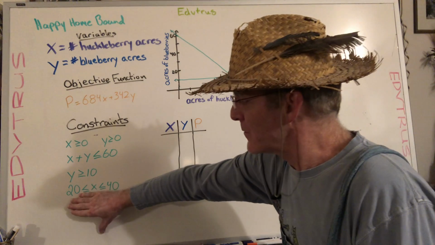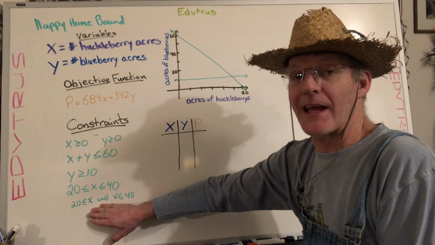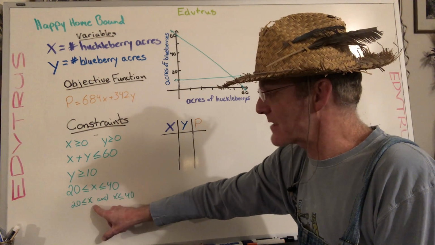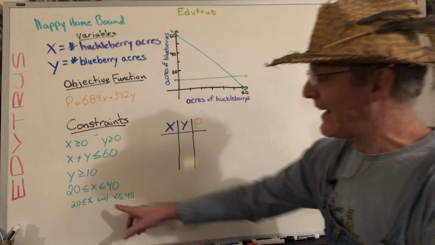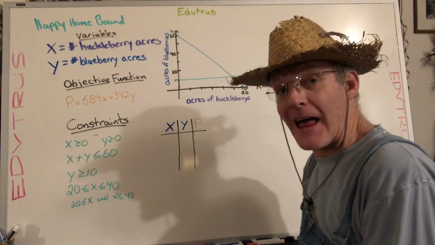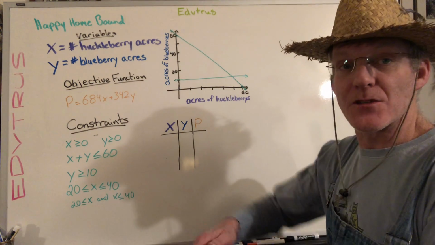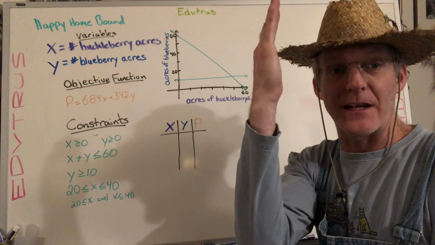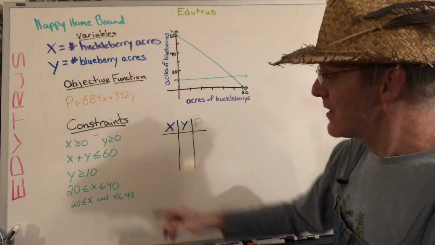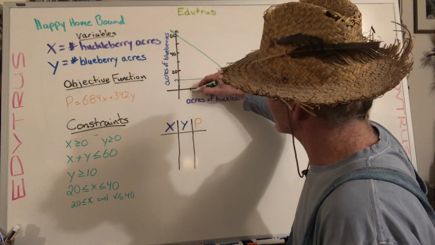Now here, remember, that's a compound inequality, and we can break that apart into an "and" statement. So we can realize that X is greater than or equal to 20, and X is less than or equal to 40. Now remember, when graphing X equals, we can't define that as Y equals mx plus b, so we have to realize it's an undefined slope, a straight up and down line. So X is greater than or equal to 20 would put our straight up and down line here,